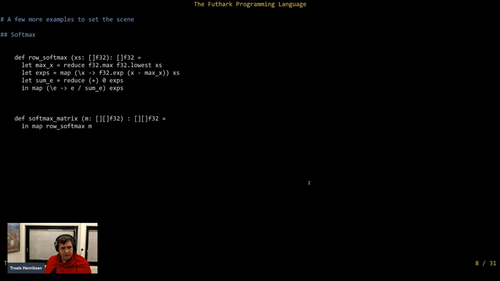Okay, so let me show you some examples of Futhark code just to get an idea of what Futhark programs look like and how they feel. And that's partly to get an idea of the syntax, which may be unfamiliar to some of you. It is a very conventional syntax from a functional programming perspective, but if you're not a functional programmer, it will look a little weird.